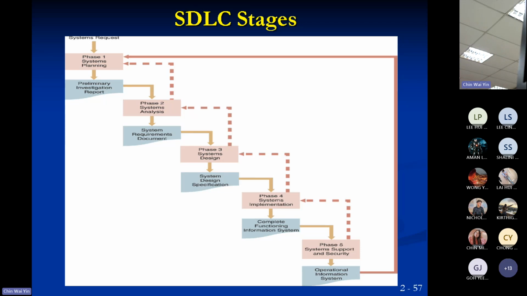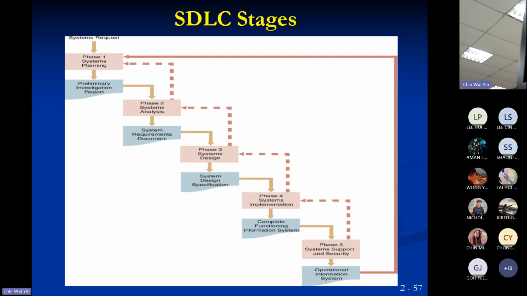Once it's feasible and approved, you move on to systems analysis, which is more detailed analysis using all the various fact-finding techniques, to find out the actual requirements, hardware, software, time, and any other resources